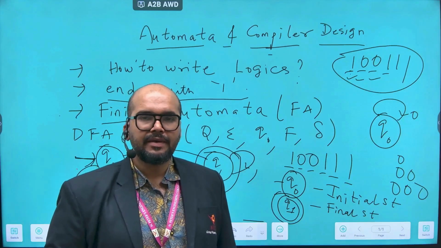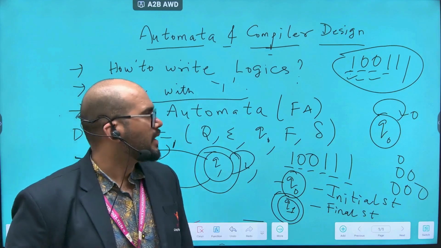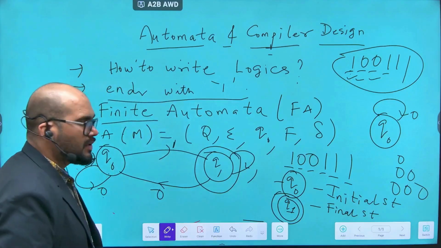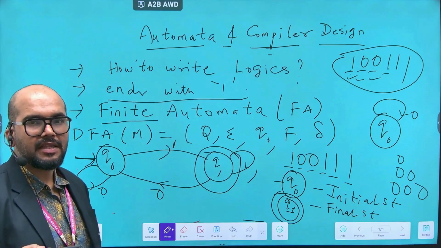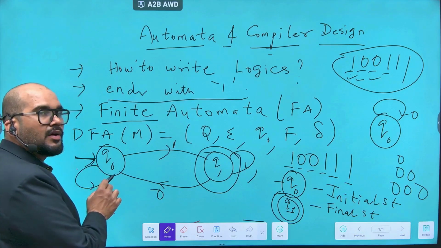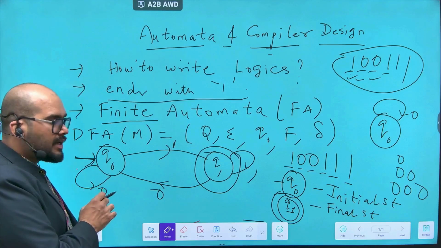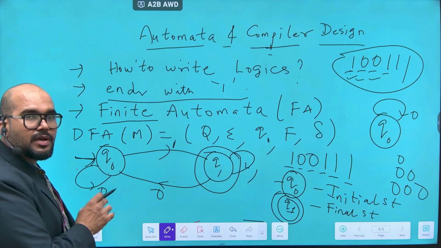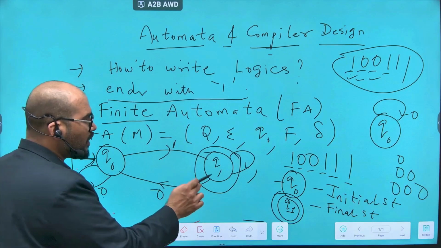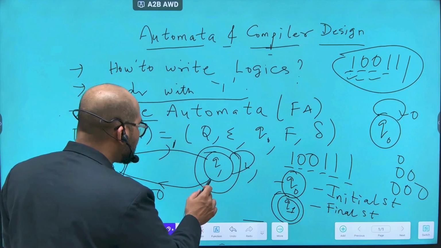We took a very simple input string, 100111. Once again, let me explain the finite automata. We are at the initial state Q0. With the first input symbol 1, the machine moves to Q1,